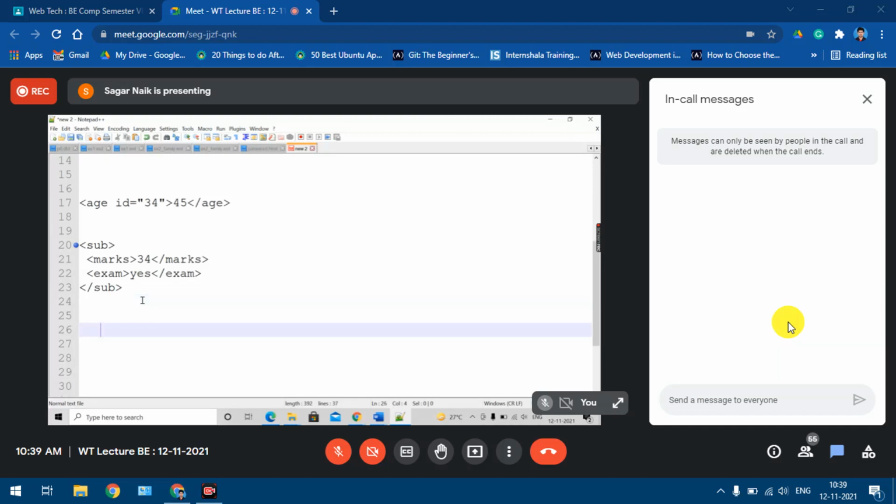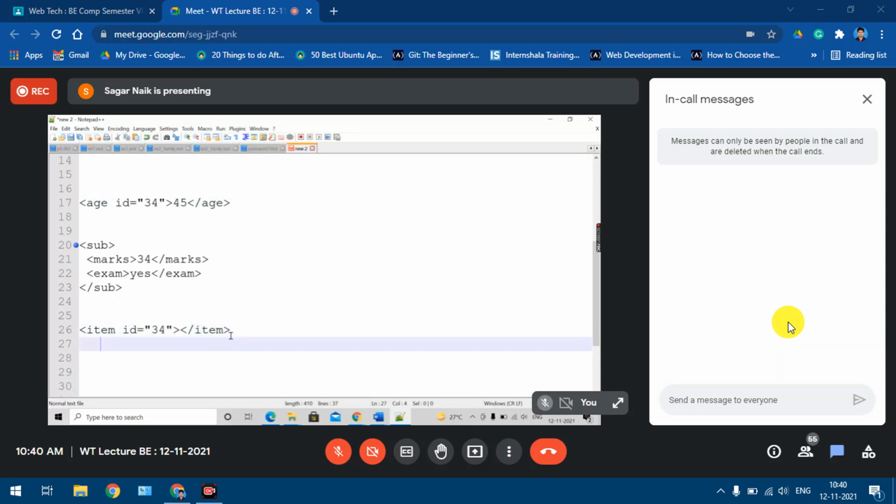Which was the third category of complex element? Empty elements, yes or no? So if I take, say, item, this is an empty element. But if it has some attribute, suppose id equal to 34, now this element will become a complex element. It is actually an empty element, it doesn't have any content, but because of this attribute, we say that it is a complex element. There is a difference between this element and that element. This was not an empty element, but this is an empty element, but both are complex because of these attributes, right?